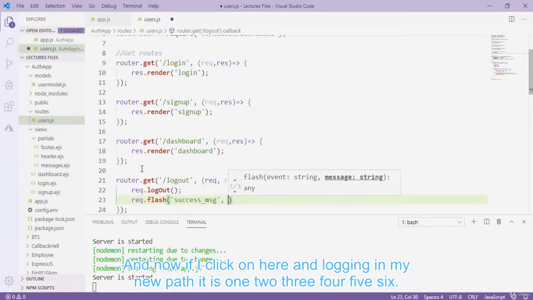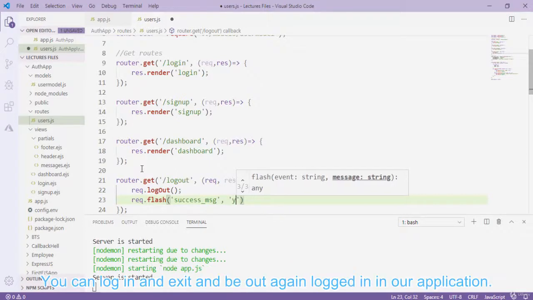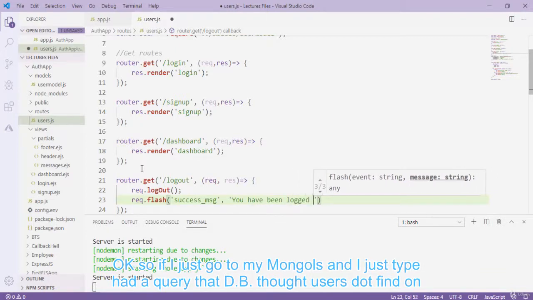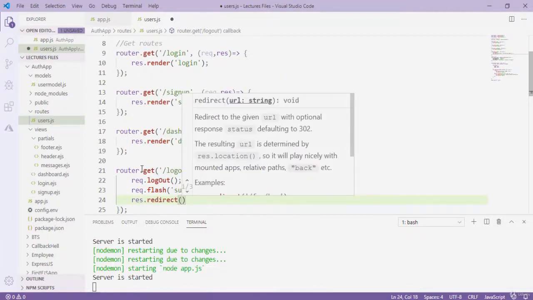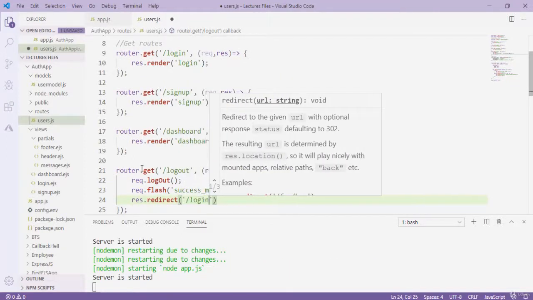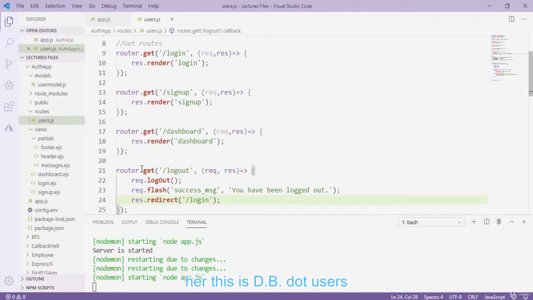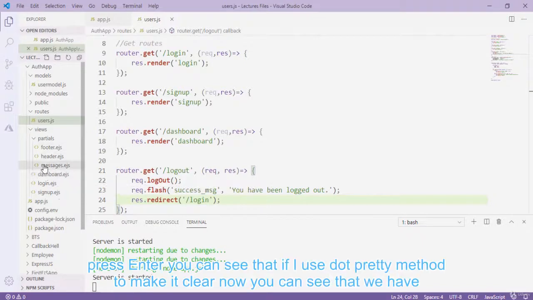I will simply type here, "You have been logged out," like that, and res.redirect towards /login. Okay, so I simply save that, and now if I go to my